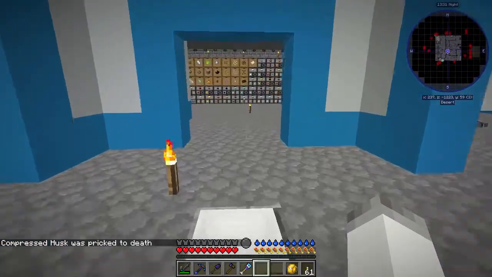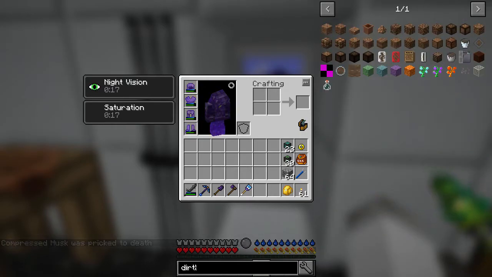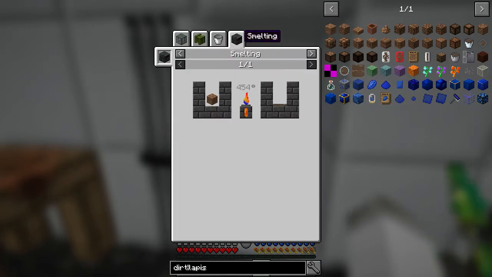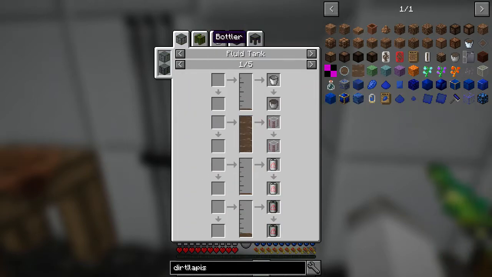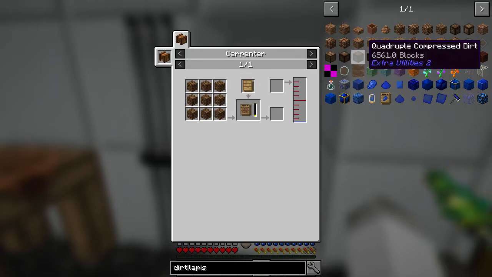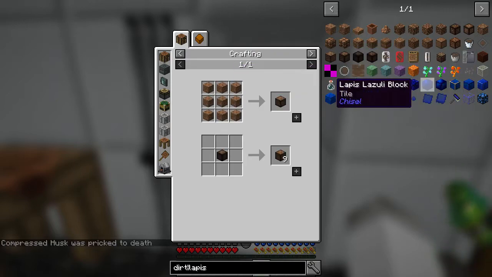Alright, so what do we do for the rest of this episode? Let's figure out what we can do about dirt and lapis. So liquid dirt is something, but molten clay. There's gotta be some way we can get a lot of dirt. That's kind of where we're at. We need to figure out